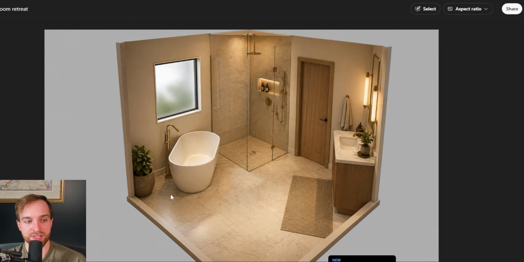It enlarged the space. Obviously there's a lot more room for this tub now. The window, everything just got bigger. The vanity's in the wrong location. Obviously there's a lot wrong here. However, I'm not looking at using this as something I would give to a client and say, this is what we're going to do. But if you are the client, or if you're designing your own bathroom and you're struggling